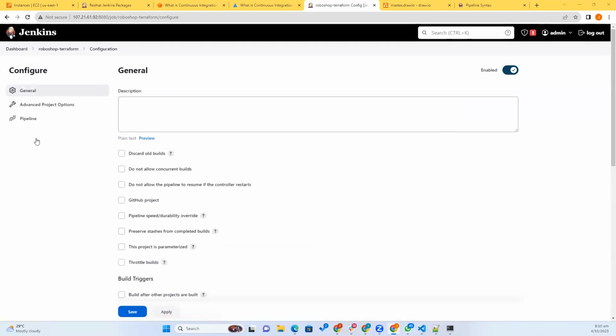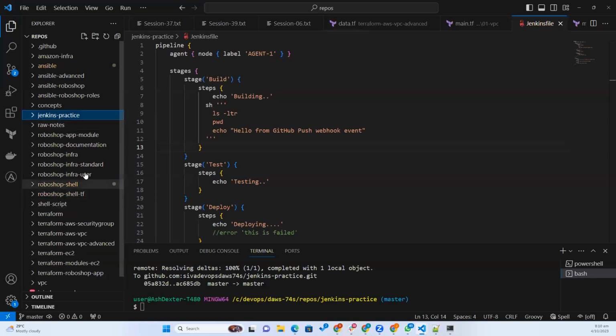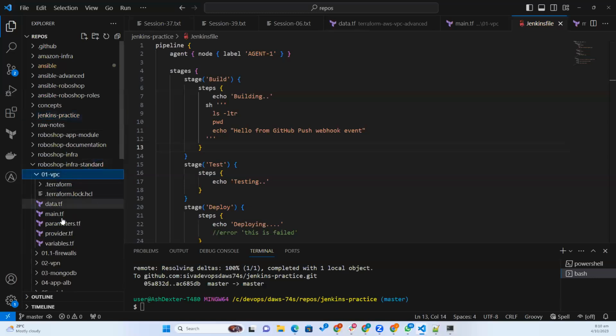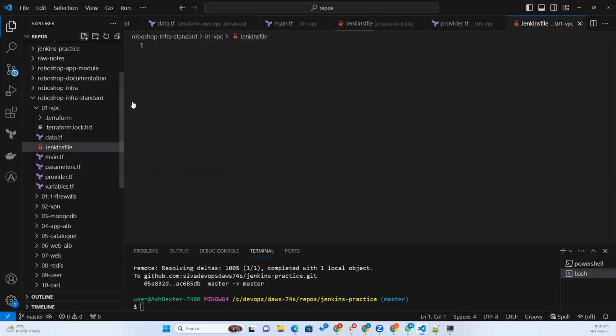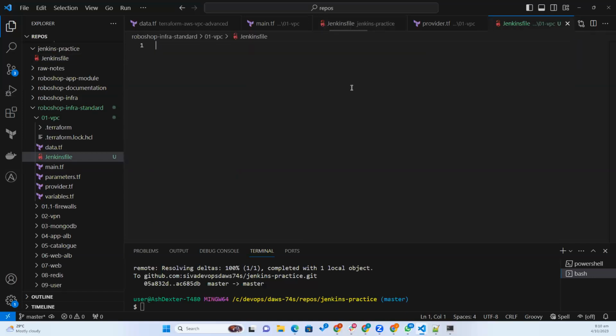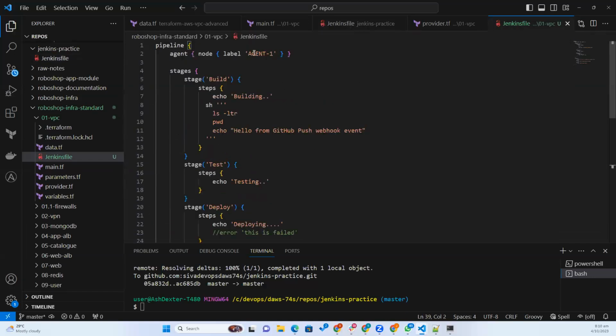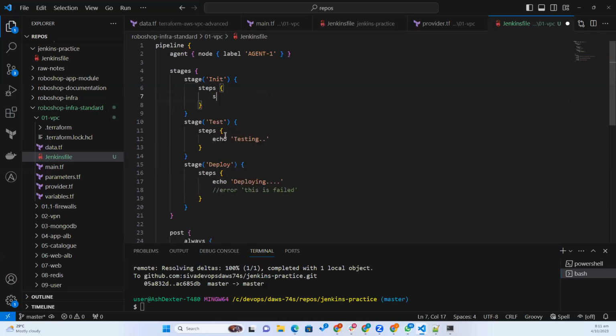So you need to obviously have a Jenkins file. Okay. For example, in our 01 VPC here, I'm creating a Jenkins file. Okay. So I'm copying the syntax of this one. Okay, I want to run this on agent 1. So if it is running on agent 1, so here what I do is init. This is the init stage. Okay, steps. Here I can call